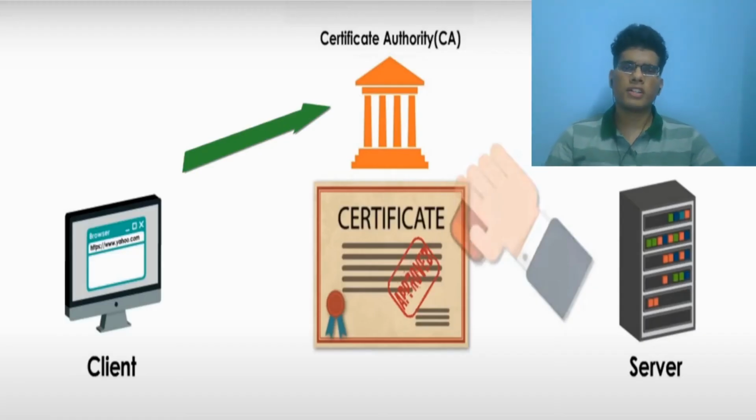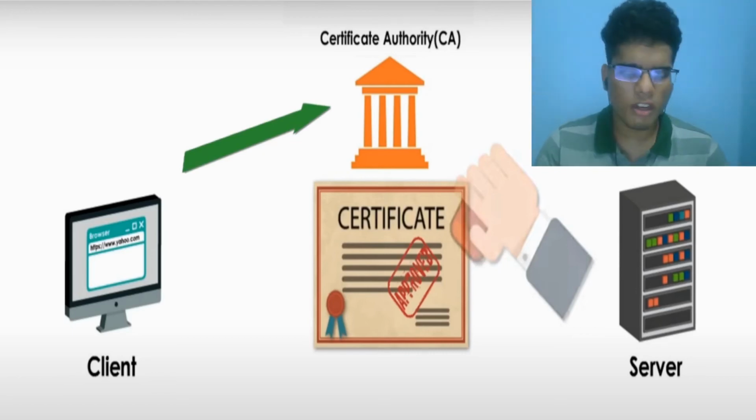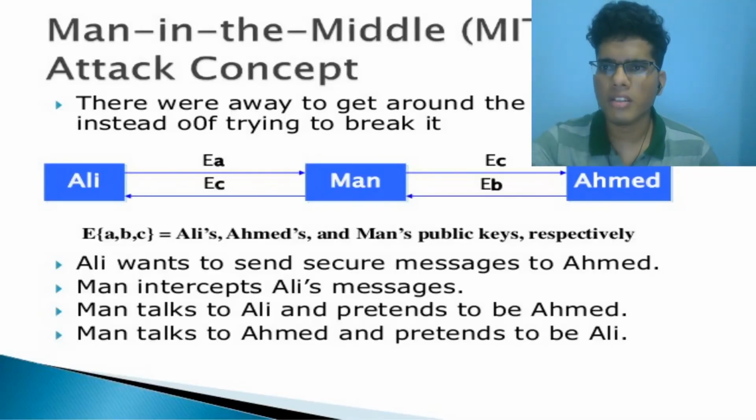The third step of the TLS SSL handshake is very important. As we know, in the previous step, the server sent a server hello message which had a digital certificate. A digital certificate has a few contents which can authorize a particular server and prove its identification using a third party organization known as a certificate authority. Now we all know the communication is going to be between the client and the server. Why do we need a third party? Does it make any sense? To understand this particular case, we need to think of a hypothetical situation, which is also known as the man in the middle attack concept.